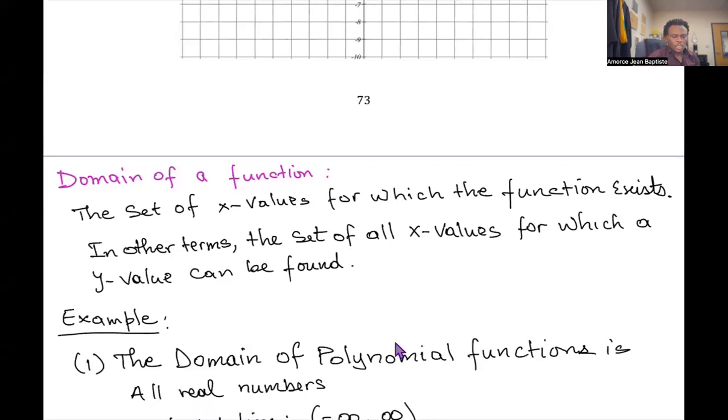So the domain of a function will depend on the type of function you have. Like when you have the domain of a graph, it's easy to read the graph from left to right and give the domain and the range. But when you have the equation of the function, you're going to make sure that you identify the type of function you have and then find out what conditions on the x values will always give you the existence of a y value. So for example, if you have a function f of x